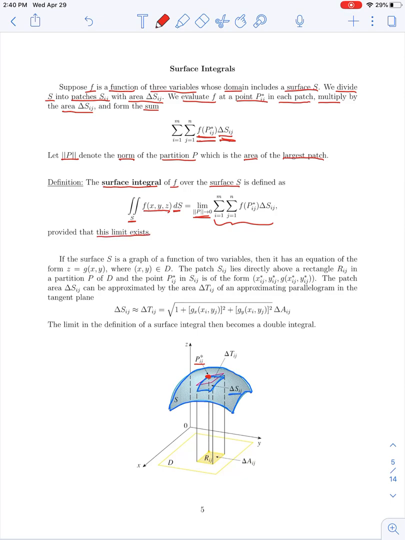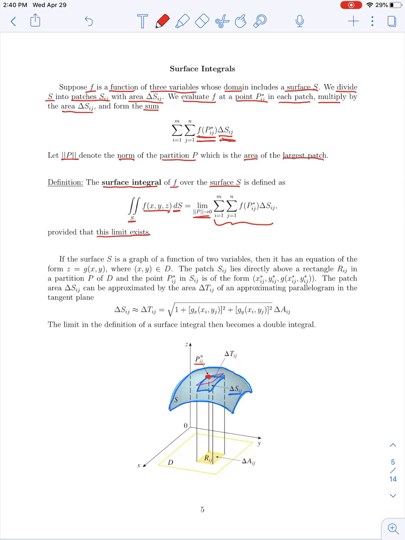So this will be the definition of a surface integral, provided that this limit exists. Now, of course, as we've seen with double integrals, triple integrals, and line integrals, the formal definition in terms of the limit of a Riemann sum is not a very efficient way to evaluate these things. So instead, what we could do here is